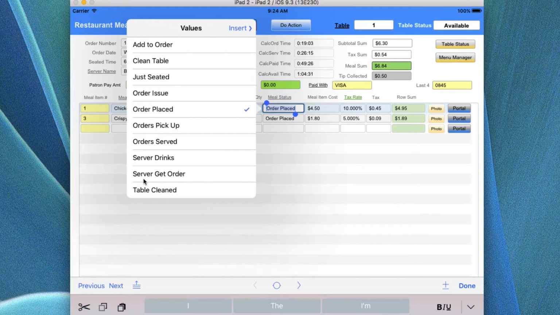You have the server get order in this particular case. If they want you to come back and do a second group of orders, you have the server getting an order, and that could be getting a second order. So if there's something either from the kitchen or some other place, like the bar, you can actually introduce this to the bar where you're still standing at the table,